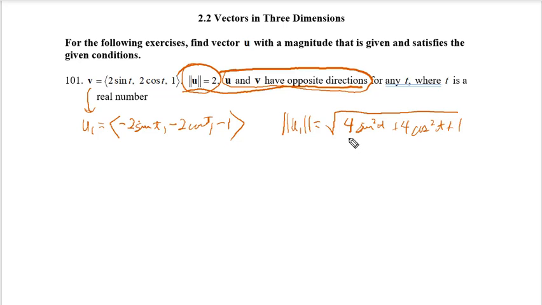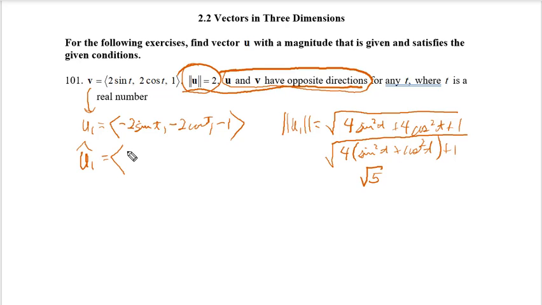Now we can manipulate this a little bit by factoring out the 4 and using our identity. Sine squared t plus cosine squared t is 1. So this comes out to be 4 plus 1, or just 5. Well now, since the vector we have found that's going in the right direction has a magnitude of square root of 5, and we need it to have a magnitude of 2, we will write the unit vector for this,